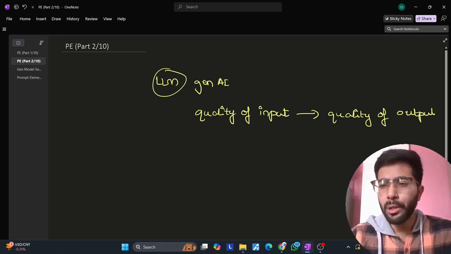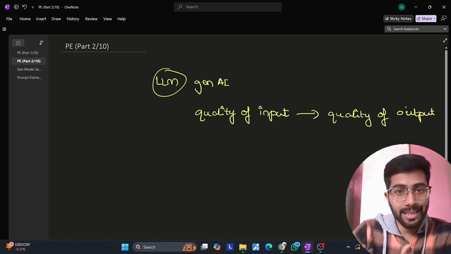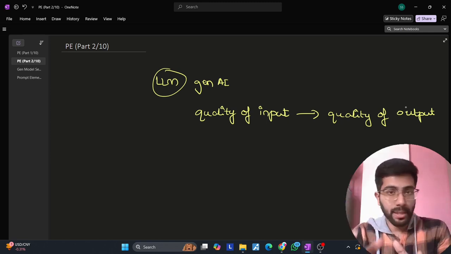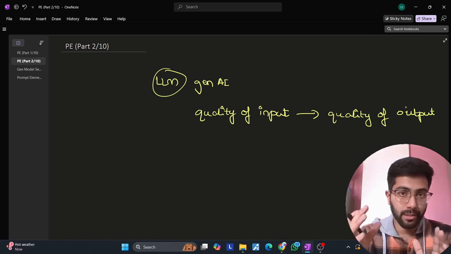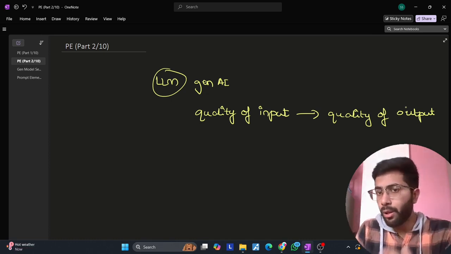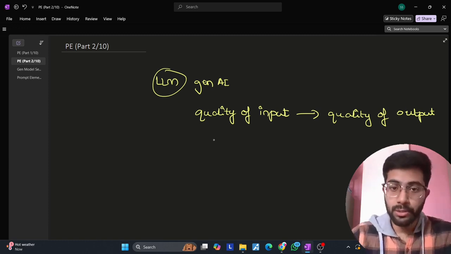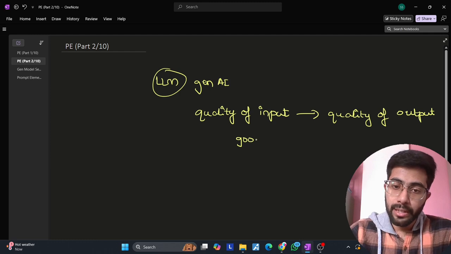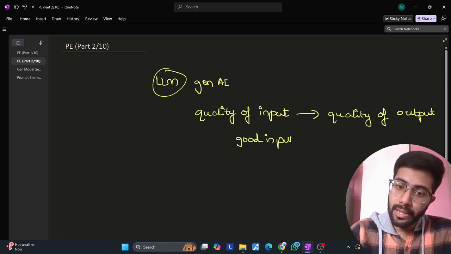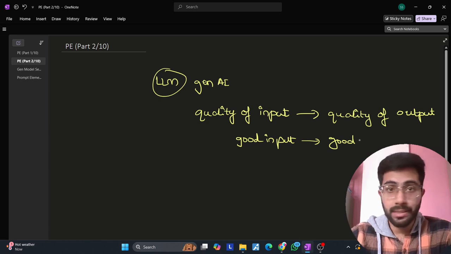Now, what do you mean by good output? Every time you ask AI something, you have some requirement already in your mind. If you're able to fulfill at least 70 to 80% of your initial requirement, we can say that the output is good. So we said that good inputs usually bring us good outputs if the training is really great,